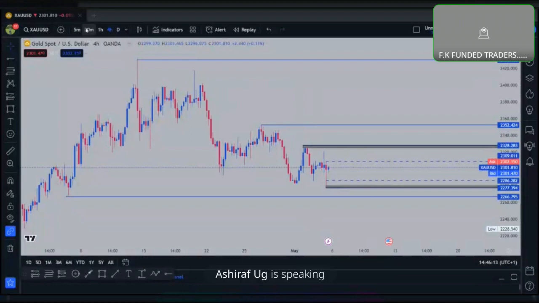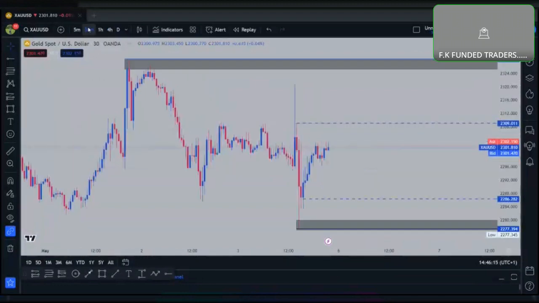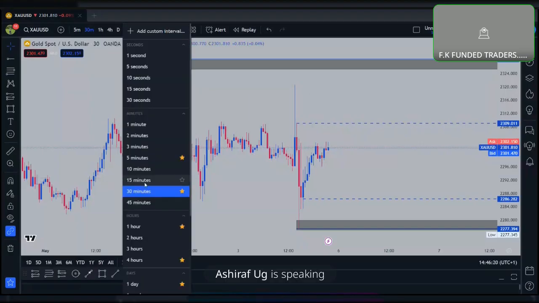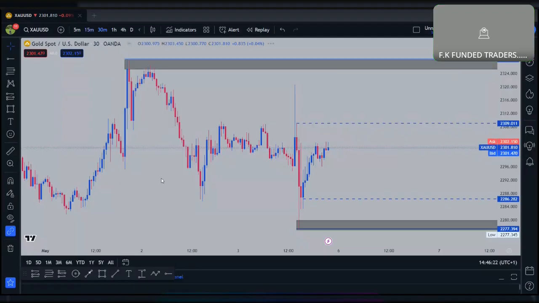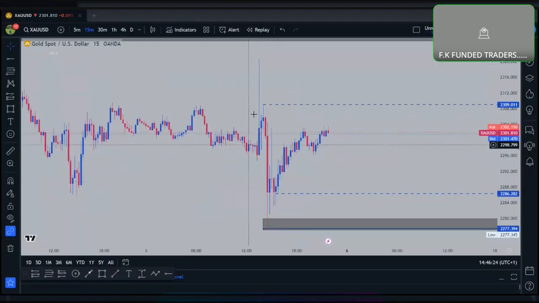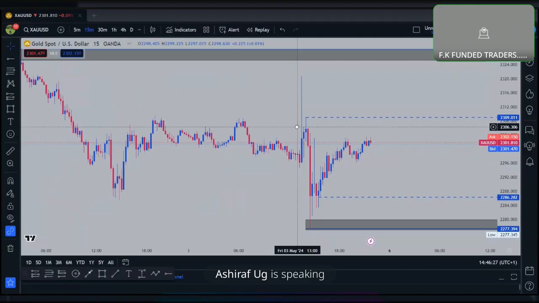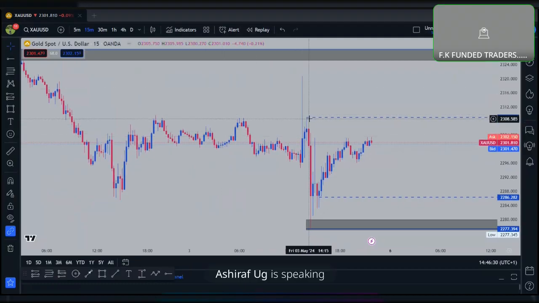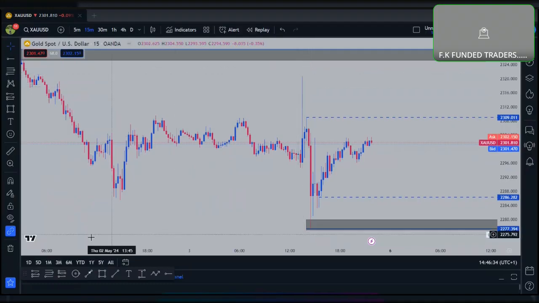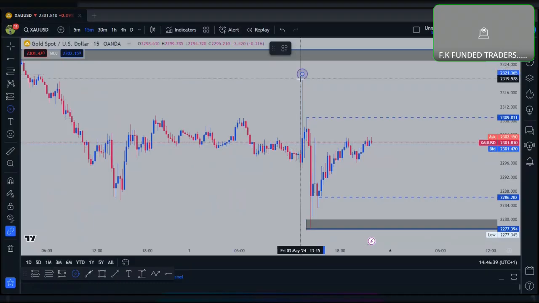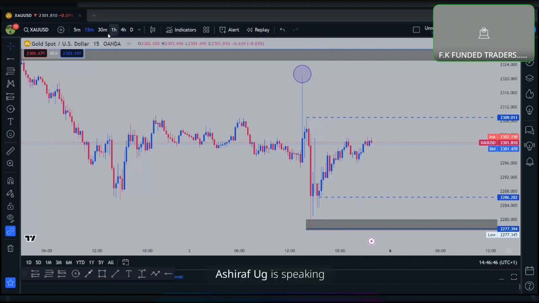But for those guys that are scalping for short-term setups, those trading on 15 minutes or 30 minutes, that is what you could use. If you go back on 15, you'll find that even on the 15-minute time frame you have another area. So this rejection here, it will be very hard for the market to cover it up. I think on Monday they'll have to either cover this area or go below it, where I put the purple circle. Are you together, Mr. Ashraf?